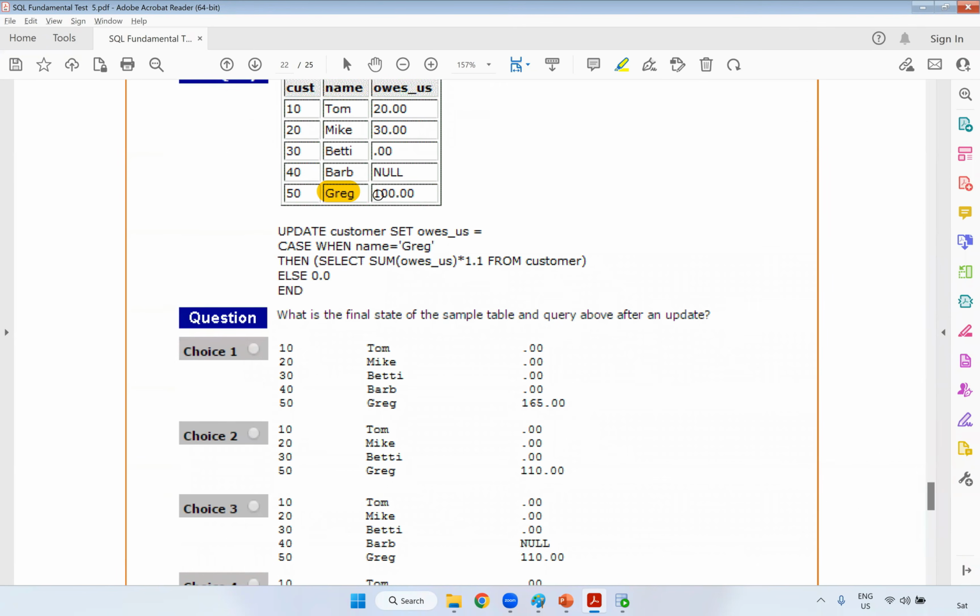This one. 100 into 1.1. 110, right? So for this, Greg, you will get 110. For all other records, you will get 0. See why? Because we are using else